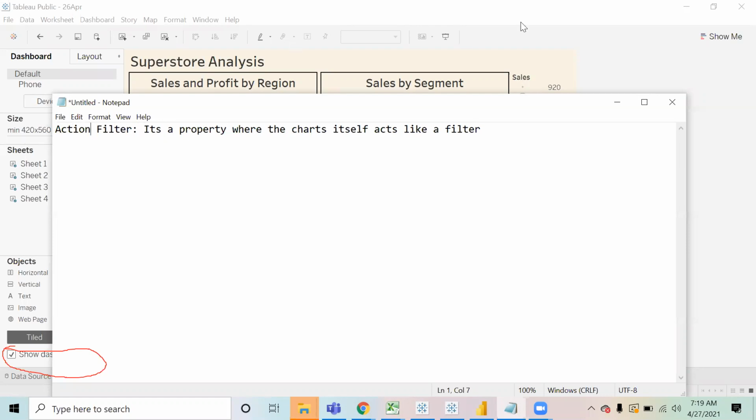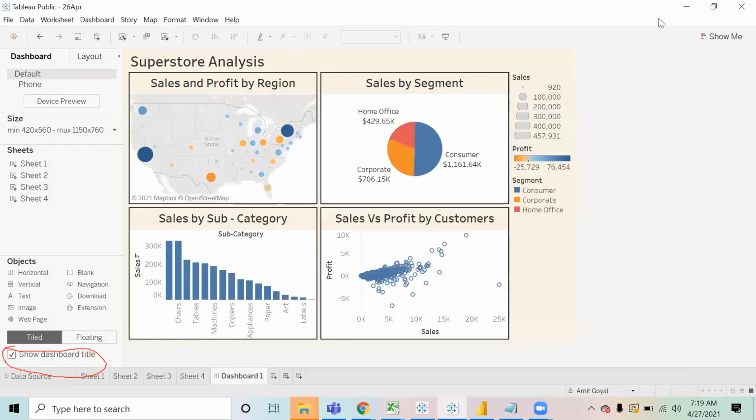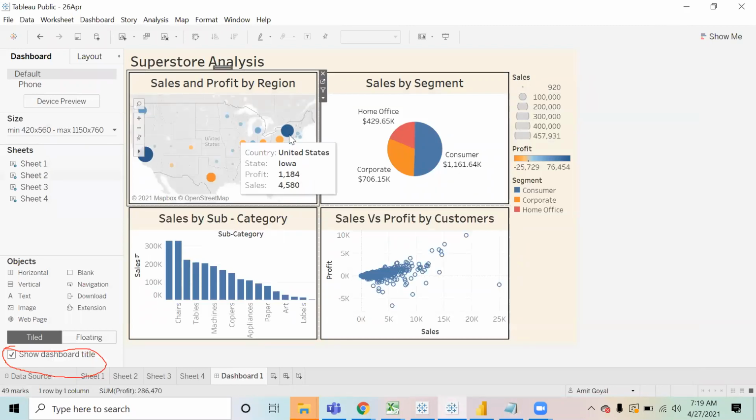Right? So how do we use this action filter, let me show you. What you do is you select this chart. Okay, just select the map. On the map over here, you will find the option of filter. You see there is a small funnel icon. If you click on this funnel icon, this map will start acting like a filter now. Suppose you click over here on New York,